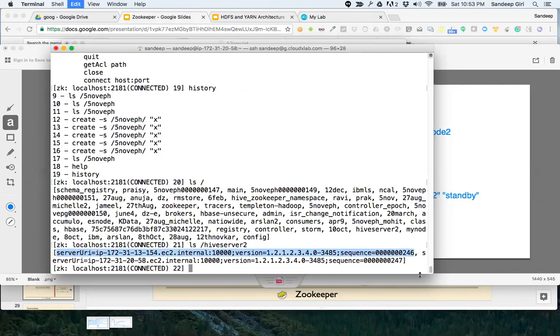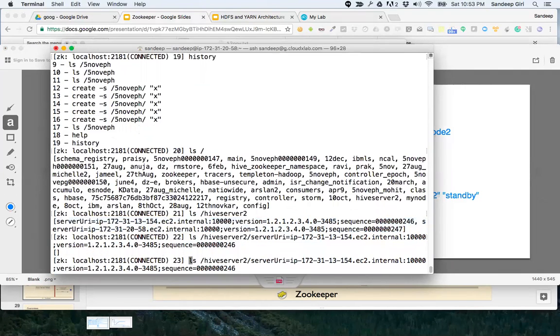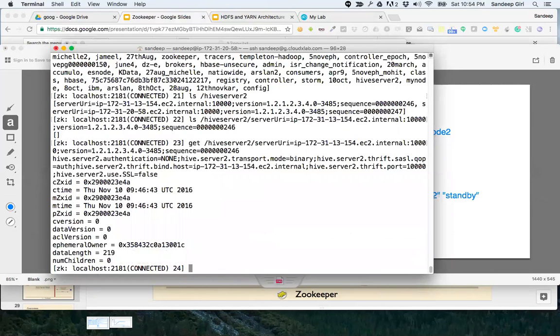The name of this particular node is interesting. I'll show you this. If I say get, it gives me the detail that it's an ephemeral node and it contains this information. So there are two Hive servers, and our users keep on switching between the two comfortably.